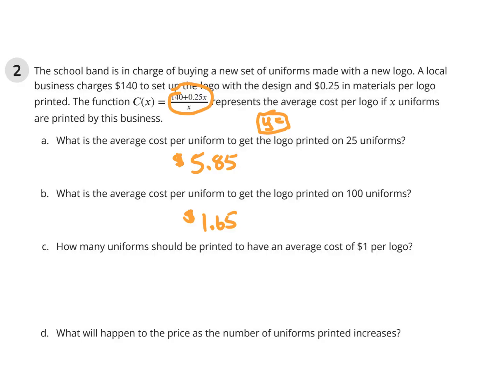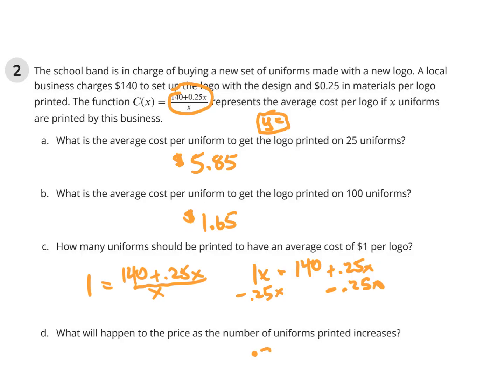How many uniforms to get an average cost of $1? So now, average cost is $1. That's 140 plus 0.25x over x. And then when we solve this, we get 1x is equal to 140 plus 0.25x. Minus 0.25x from both sides, we get 0.75x is equal to 140. We divide by 0.75, and x will be equal to